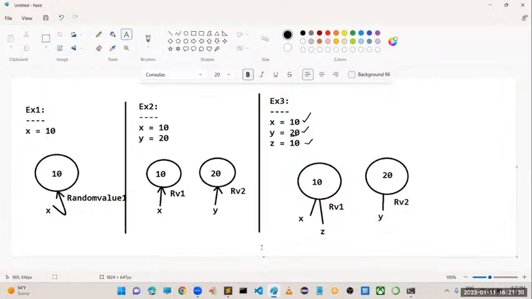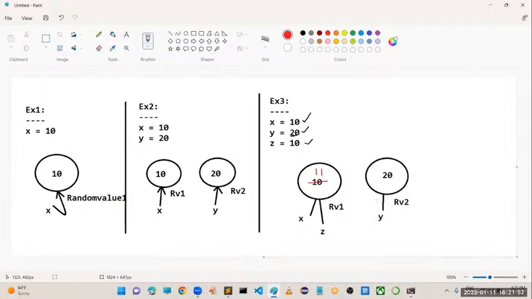Second thing, there is one problem with this. What is that problem? Suppose x and z both are pointing to the same memory location, right? Consider this x wants to do some modification. So it is updating this particular element to 11.